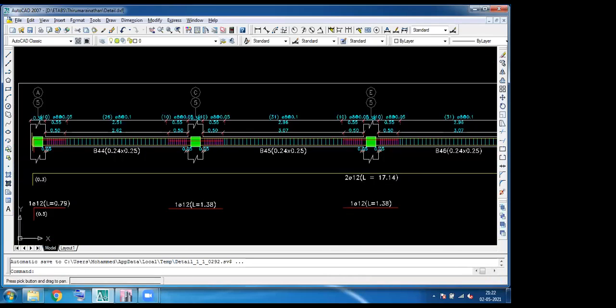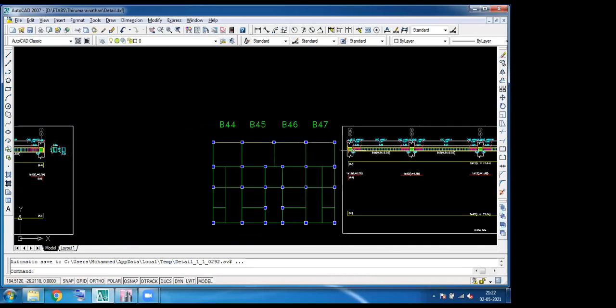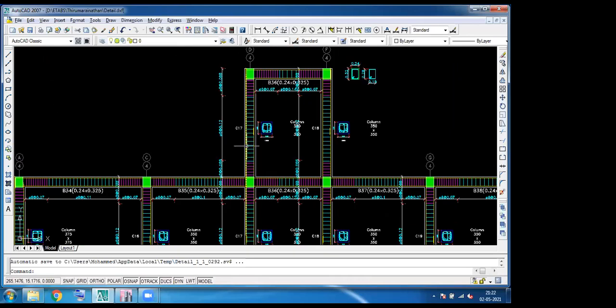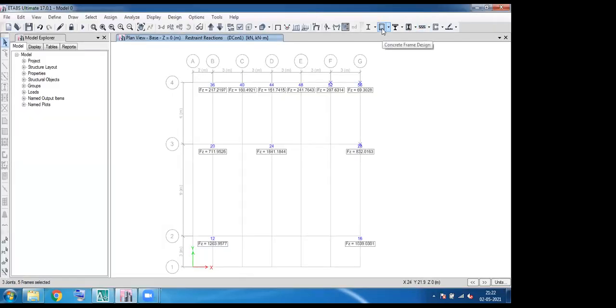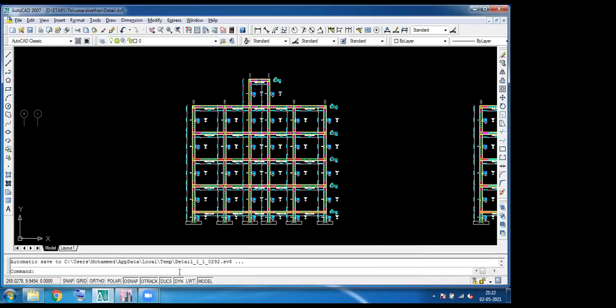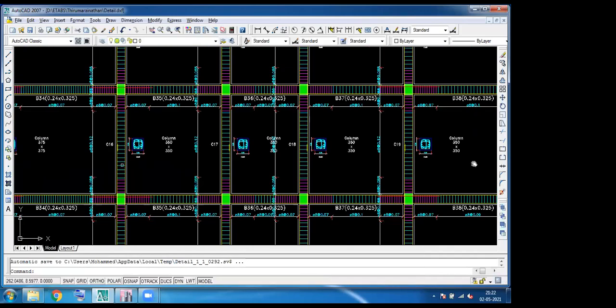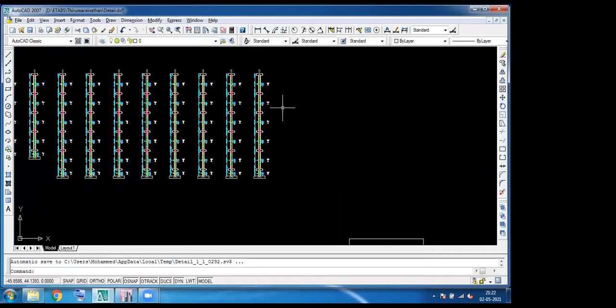See, these are not created by myself. These are created by ETABS. This is all the detailing which will be provided by ETABS, not by me. By clicking a simple button, concrete frame design, and for detailing purposes we also need a CSI detailing plugin. That is not an extra software, it is an extra plugin. You need to download that for detailing structures like this.